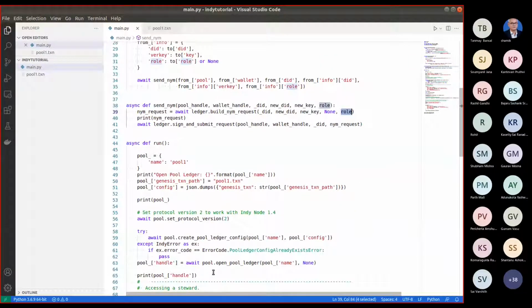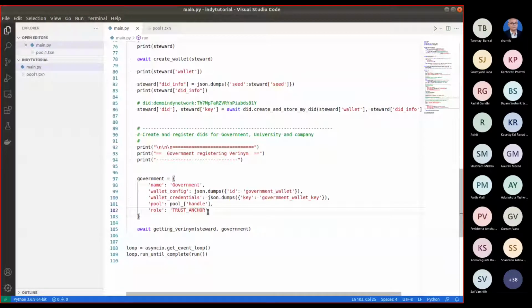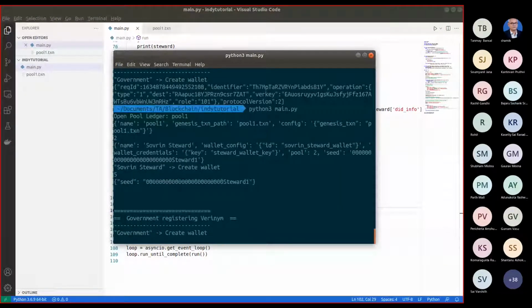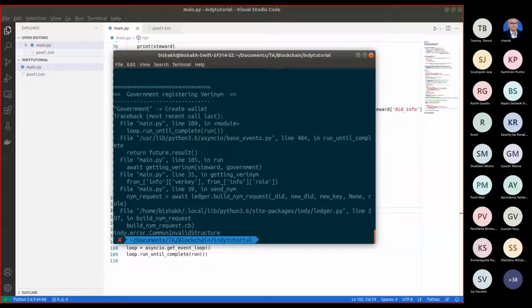If you provide an invalid role, then it should ideally throw some error. I'm not sure. Yes, it says that there is an error in the build NIM request. You need to specify the role properly.